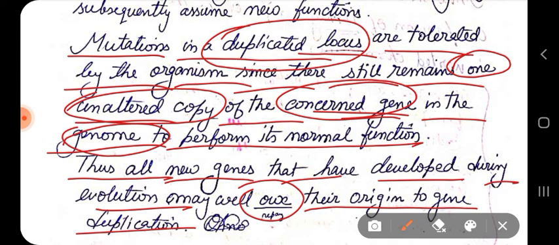Some unusual phenotypes can be observed, like the bar eye phenotype in Drosophila. Okay, so that was all about duplication. It has already been 1 hour. Now I'm running out of time, so just study through this part that I have given. I have tried to explain it in this lecture video. Go through it, study, and for queries please ask in my WhatsApp group, and just go through it. Okay.